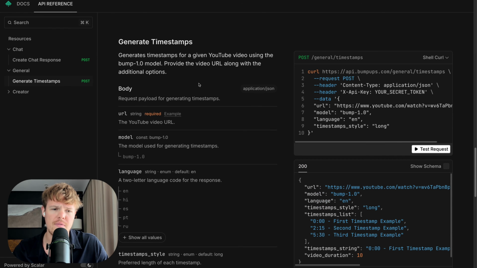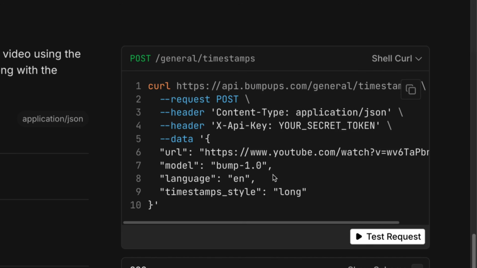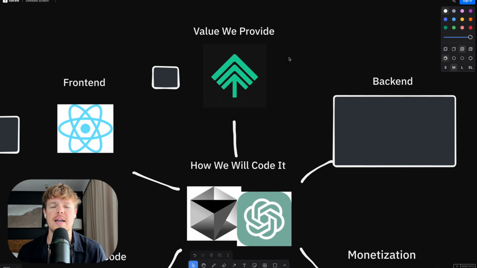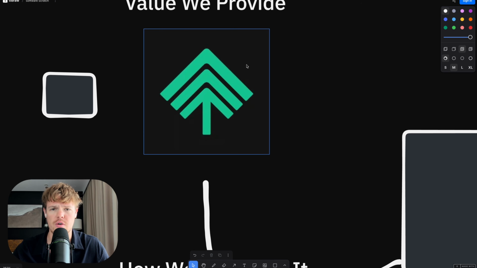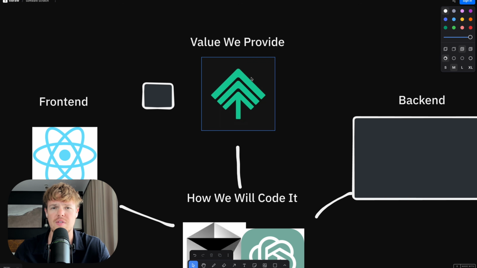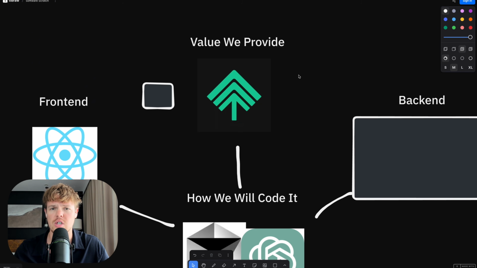To do this, we're going to be leveraging the API provided by BumpUps of generate timestamps and calling this API call, which I'll show you how to do step by step. Mind you, this is the value that I'm providing in this software. This right here is going to be the value you provide in your software. So typically, if you're building a software that needs to have ChatGPT integrated into it, this is where you're going to have your ChatGPT API endpoints. Regardless of what it is,